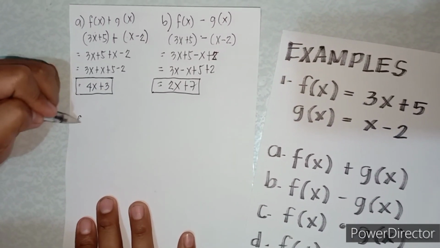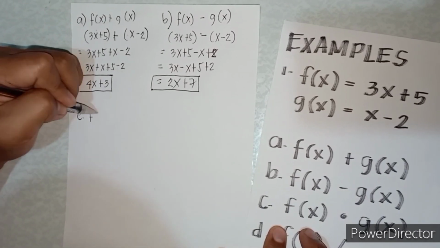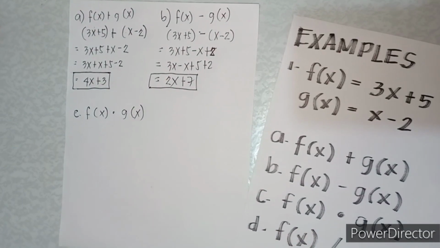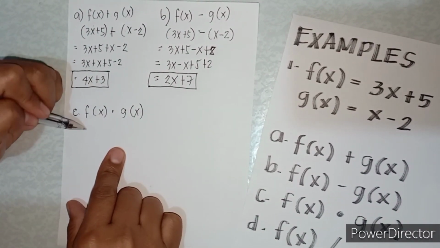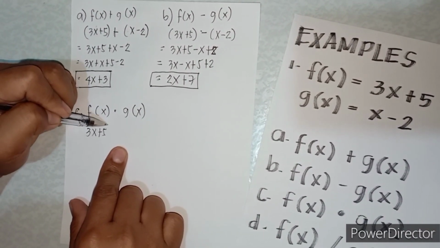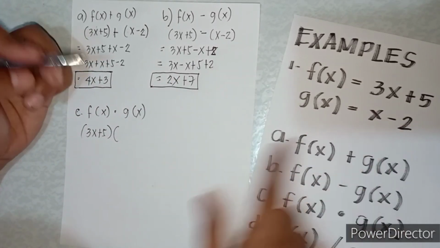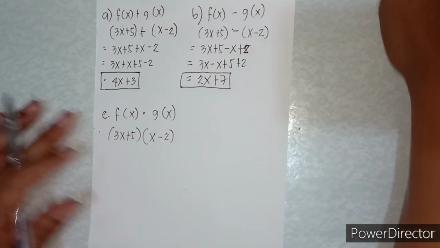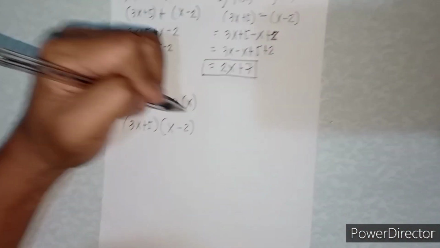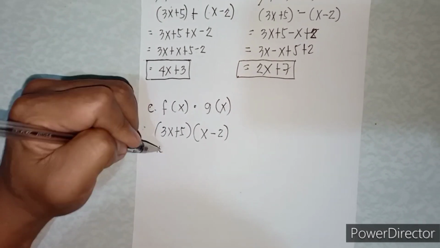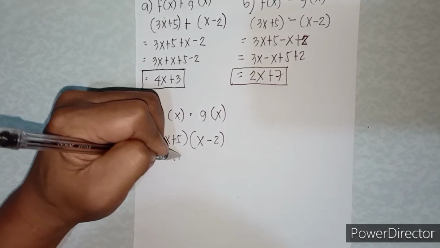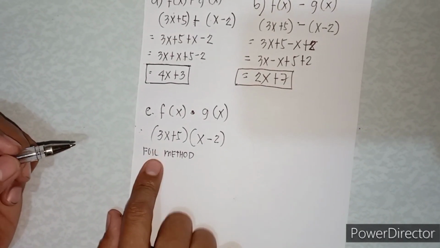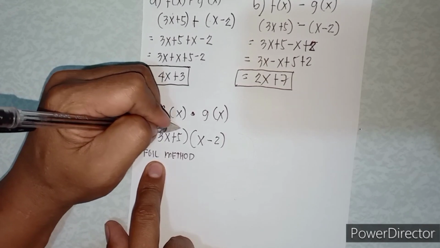Let's have now letter C. Sabi po ni letter C, f of x times g of x. Okay? F of x is equal to 3x plus 5 times g of x is equal to x minus 2. Dito, Ma'am Tintin, let's now apply what we called the FOIL method. I-apply po ito kapag ang ating operation ay multiplication. FOIL method stands for first,